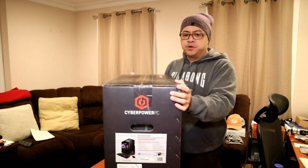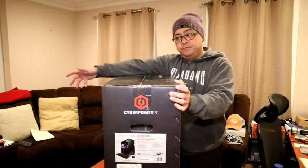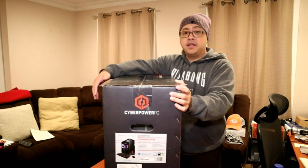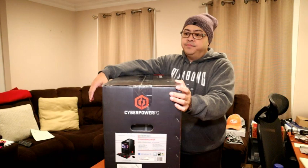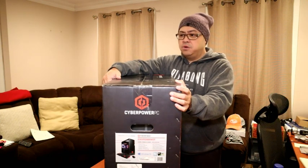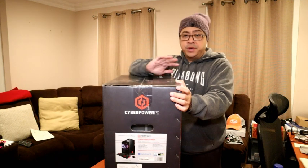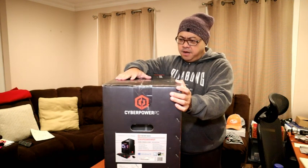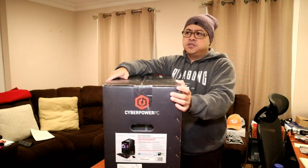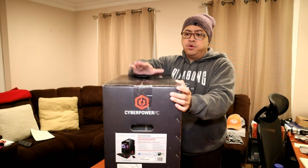I know a lot of gamers and a lot of hardcore PC users usually build their own. I decided not to. I can certainly do it, but I really don't have time. That's one thing. Also, looking at all the components and trying to put it together, the price kept going up, higher and higher, just because when you are putting together your own PC,